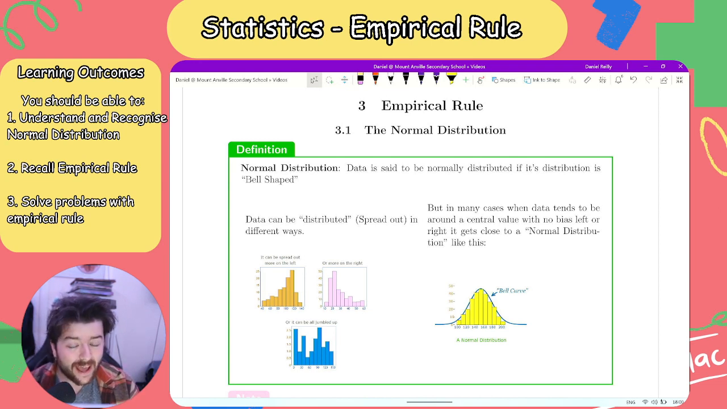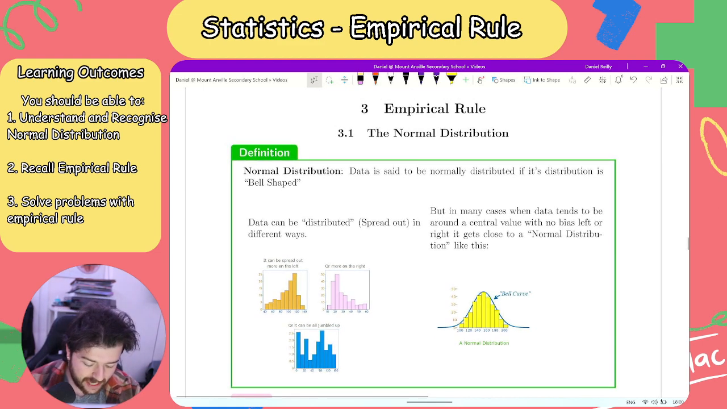Hello everyone. Okay, so in this video we are looking at the empirical rule and normal distribution. So let's get started. First of all, to know about the empirical rule, we need to know what the normal distribution is. So recall, data is said to be normally distributed if it's distributed in